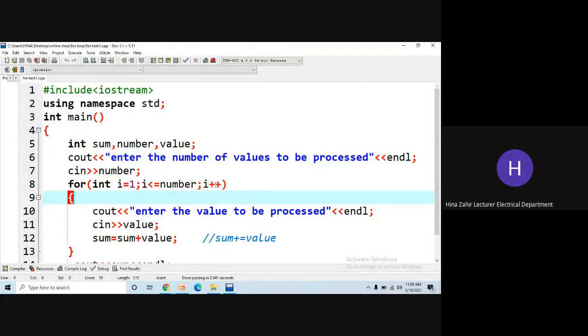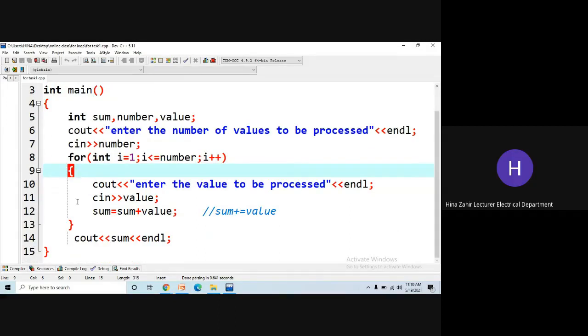I plus plus, that means just hop one step. That means next time I will become 2, then 3, then 4 because of this condition. If you write I plus is equal to 2 or I is equal to I plus 2, that means hop 2 times. So the next time I will become 3. But by writing I plus plus, or in some places plus plus I, it's the same thing, which means increment it by 1. So the next time I will become 2, and it will keep on incrementing until it becomes equal to this value. So you see, everything related to the loop is written here.